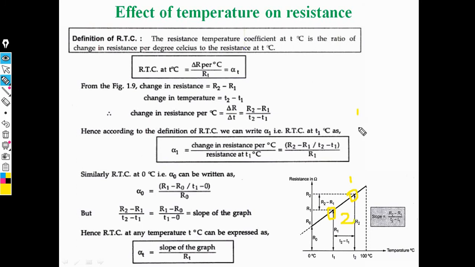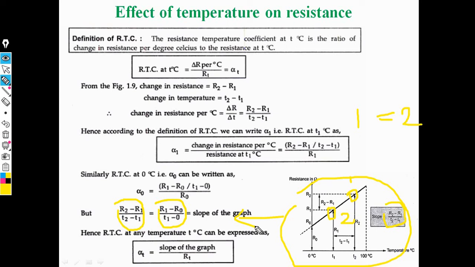Then the first slope is equal to the second slope, that is R2 minus R1, and R1 minus R0. This is the total slope of the graph. This slope of the graph is equal to R2 minus R1 upon T2 minus T1. Okay, then R1 minus R0 upon T1 minus T0. Now this is the concept of